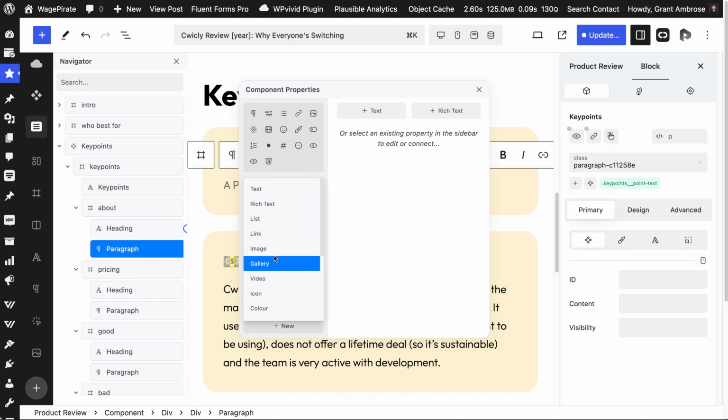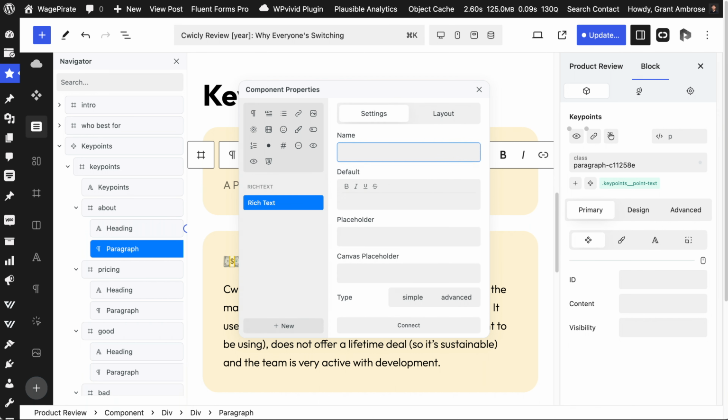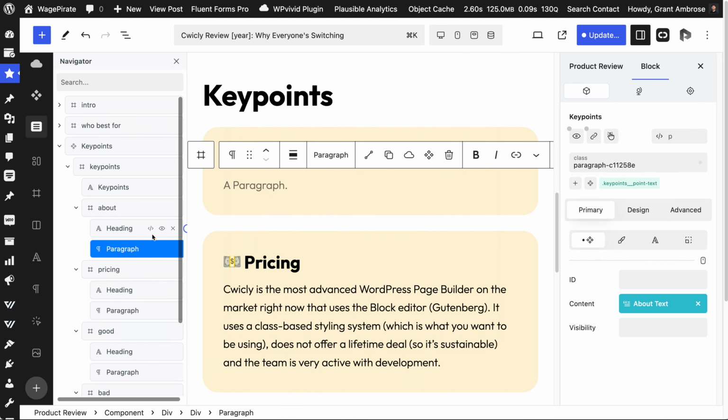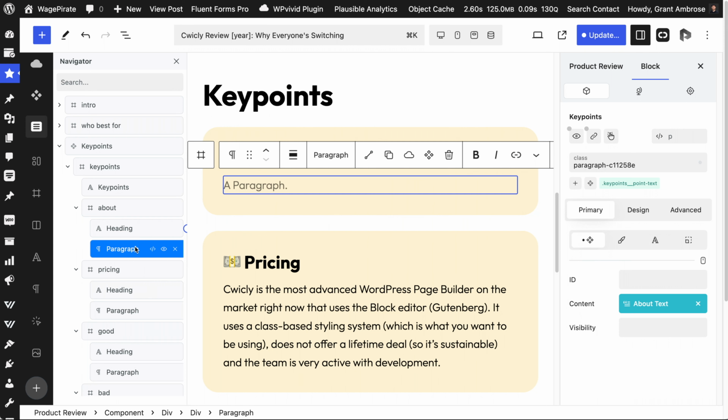So I could go new, rich text, give it a name. So, about text. I'm not going to worry about any of these other settings for now, but let's click connect. And now for this component, we created a new property that is a rich text field called about text. And whatever we write there is going to be output here in the content area. And that allows us to have our component added in many places on our website, but have different information for